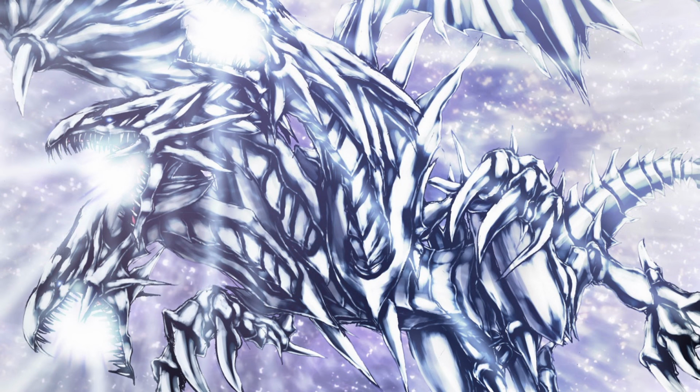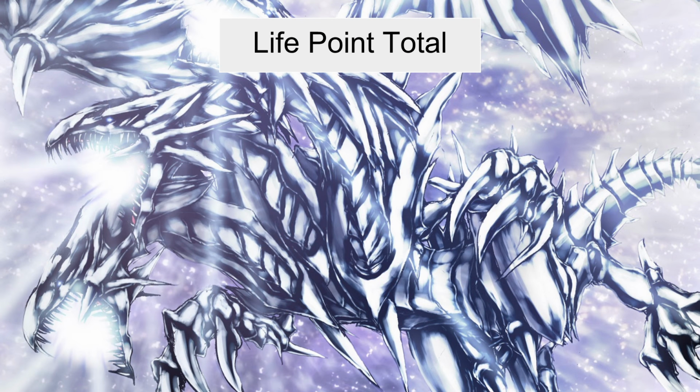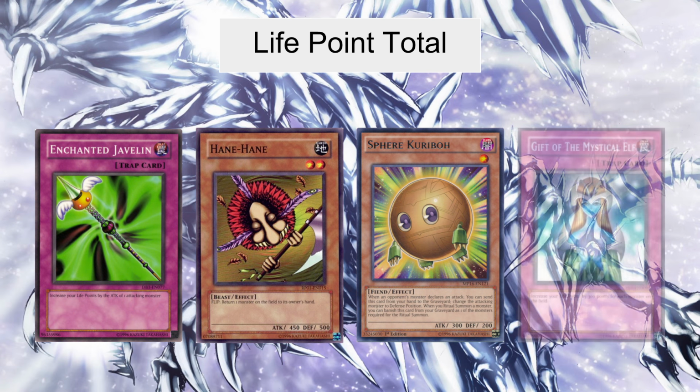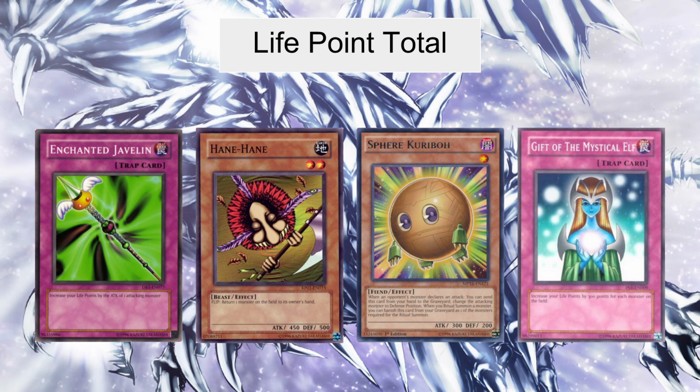The second category we'll be looking at is life point total / gain cards. The cards I recommend you run to maintain your life points or gain life points are Enchanted Javelin, Hearthstone, Sphere Kuriboh, and 1 Gift of the Mystical Elf. Enchanted Javelin is by far the most consistent and the strongest life point heal in the game, in my opinion. In PvP, it nearly always will give you a life point gain of above 1,500, which is exactly what you need for this deck, as a gain of 1,500 will instantly boost you above that 5,000 threshold